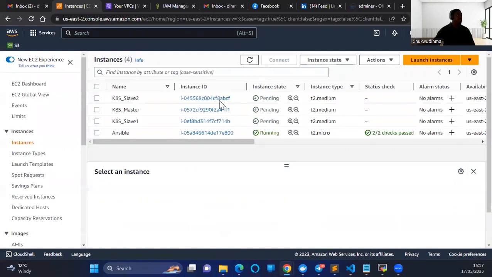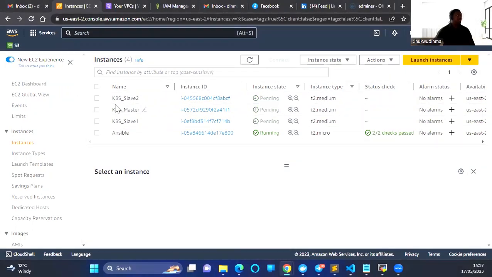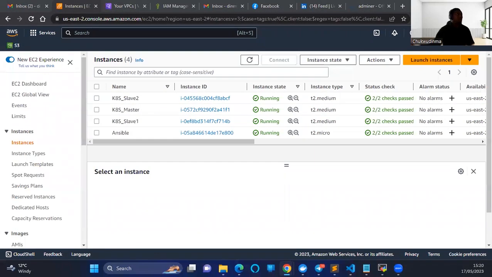So just in a moment, yeah, the Kubernetes cluster is coming up already. Okay, now that our Kubernetes cluster is duly provisioned and checks passed and running, we will now be using Ansible